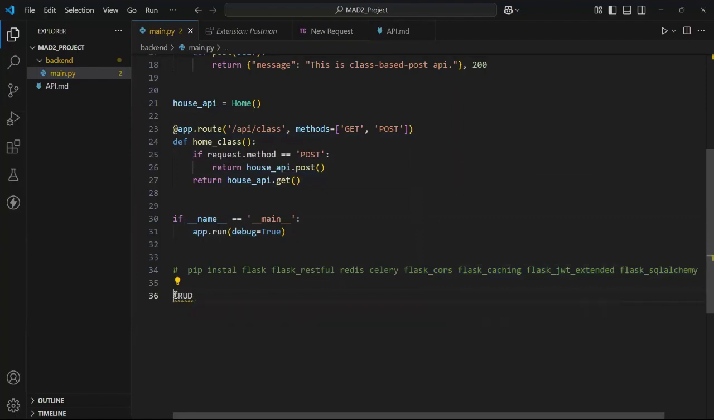If someone says CRUD for a resource, it means create, read, update, and delete. So for a resource, I will give you an example tomorrow of how to convert those CRUD functions, create, read, update, delete, into APIs,